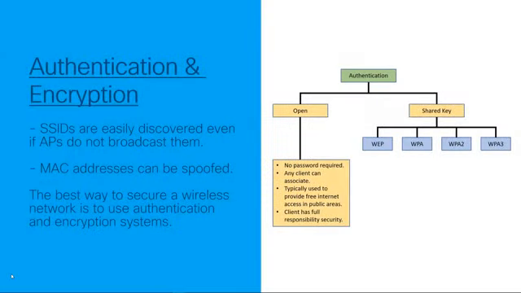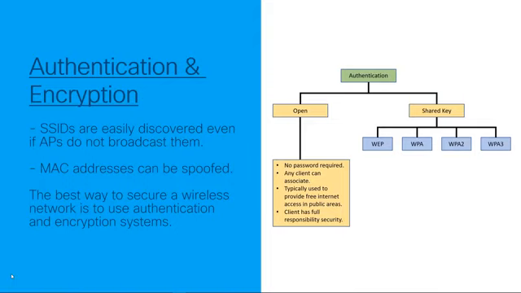Although SSID cloaking and MAC address filtering will stop most of those wireless clients that shouldn't be able to join your network, they won't stop all of them. Our crafty intruders can still easily discover the SSIDs of your access points, even if your access point is set to not broadcast it. And with MAC address filtering, crafty intruders can spoof their MAC address and still gain access to the wireless network. So the best way to actually secure a wireless network is to use authentication and encryption